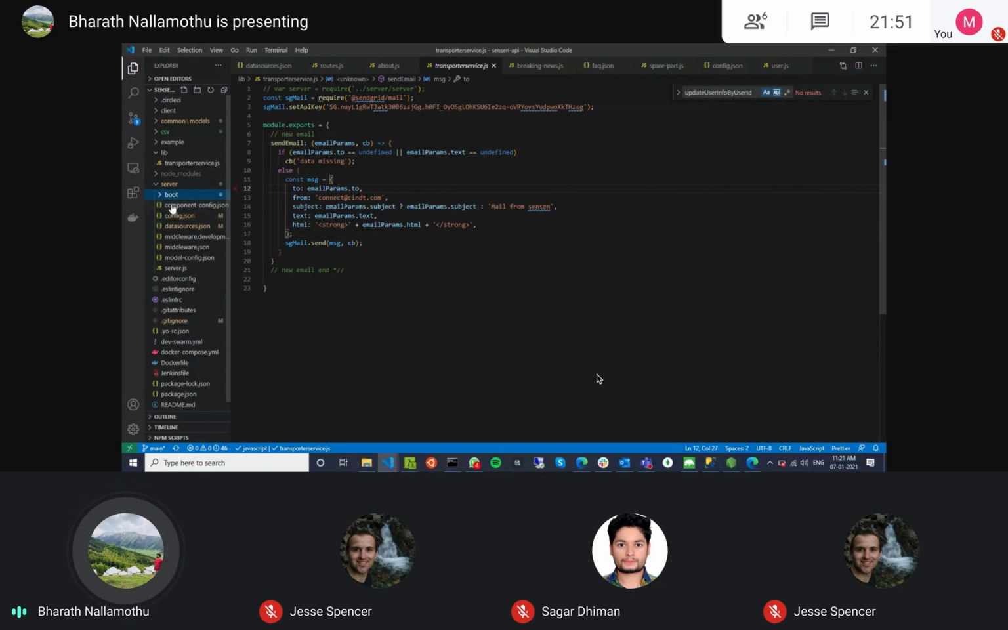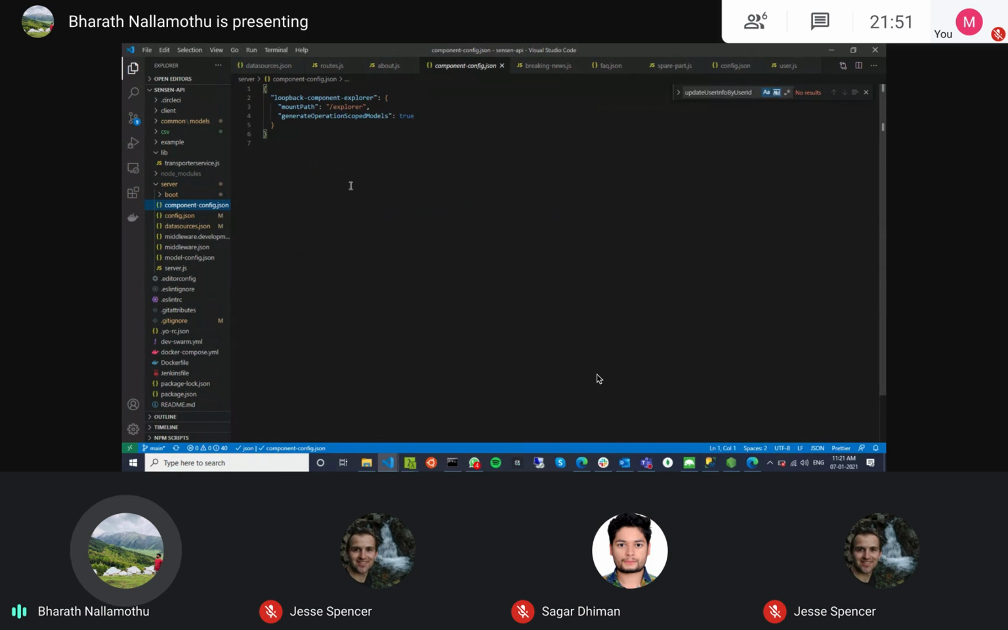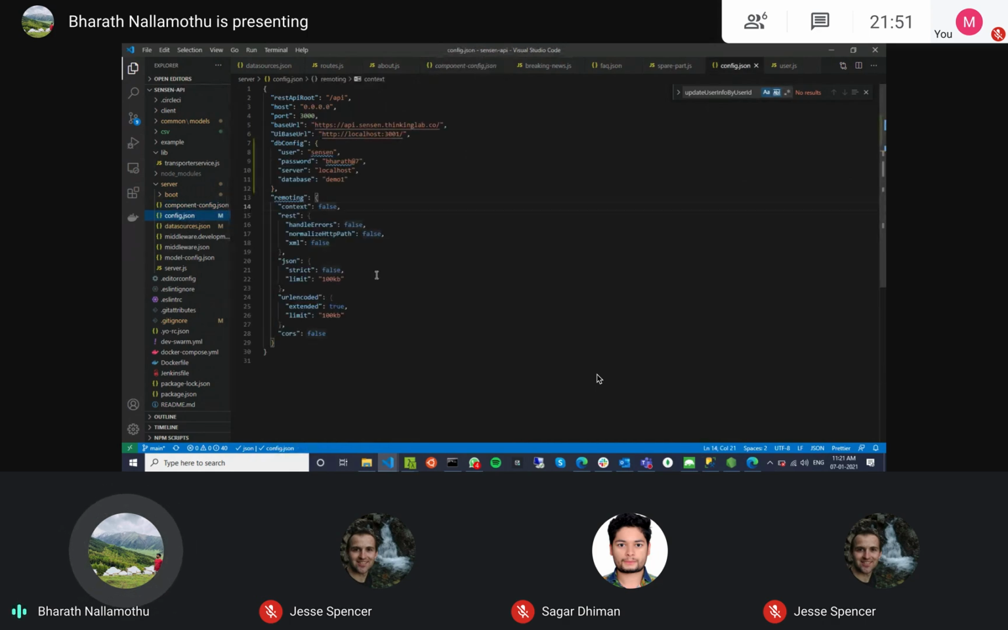Okay, and the component config file is related to the swagger we just saw a while ago. We can change the path, and if we want to block, we can block from here. And the config.json file will tell you the configuration we have for this application, like the host, port, base URL, and DB, and what the URL encoded type is, and what the limit is for the body of every REST call, and